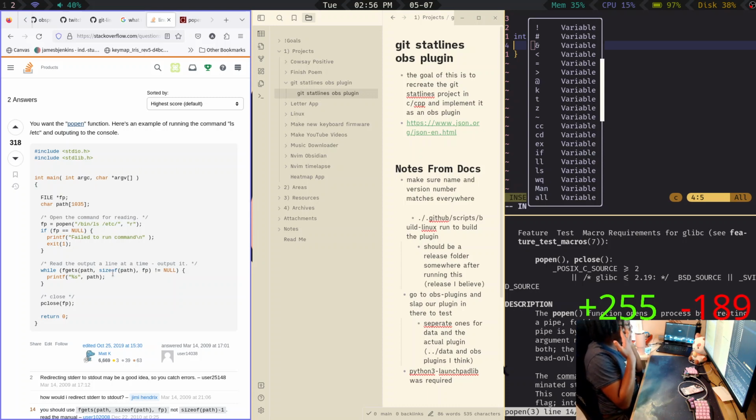What's path used for? Oh, I see. It's path. Interesting.